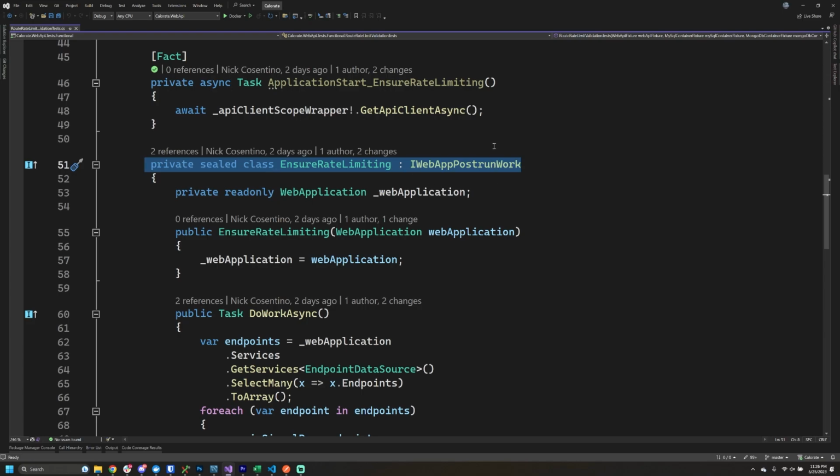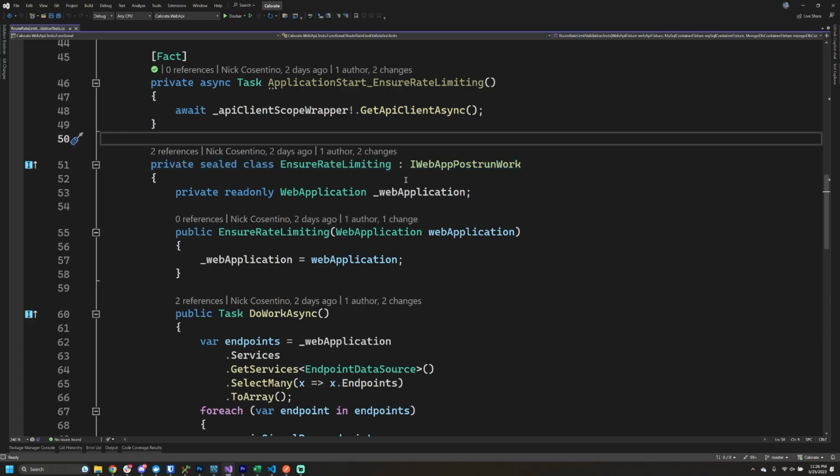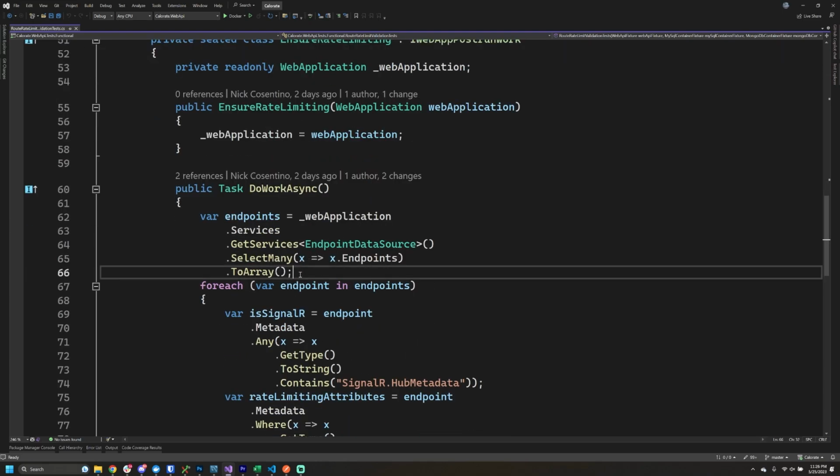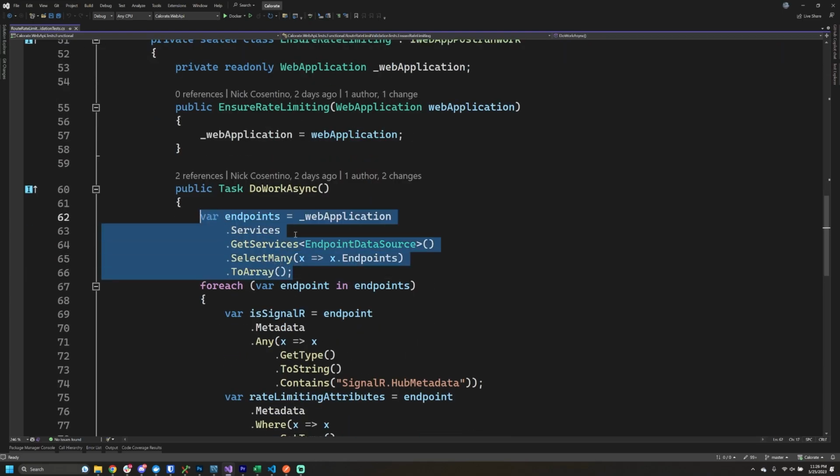And the reason that I do this is because when we want to go check for the endpoints, which I demonstrated in a previous video, the method I'm using, which I will scroll down to right here, actually requires that the application is started. If we try to run this particular code at any point before the application has started, I don't get back any